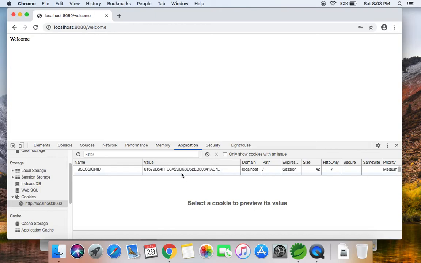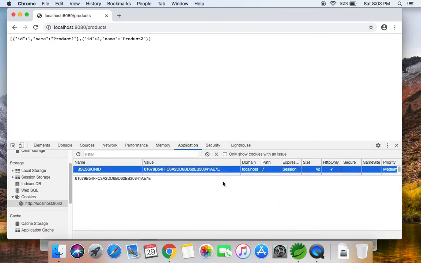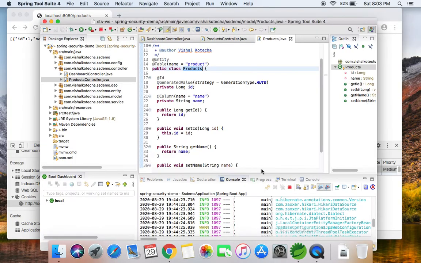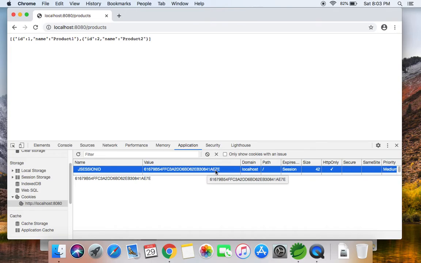So how this works is each time we send a request, the cookie is being sent by the browser along with the request. So if I hit now on the products, that means this cookie was sent to the server, and my application using Spring Security could understand that this is a valid user, this user is authenticated.